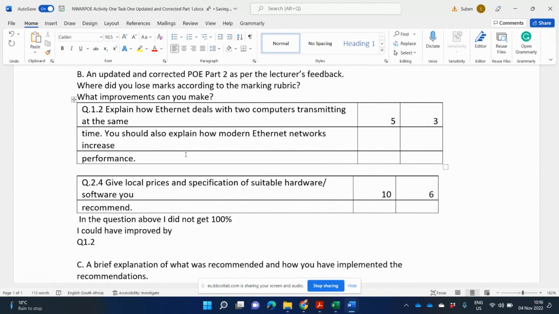I could have improved by stating how modern Ethernet,